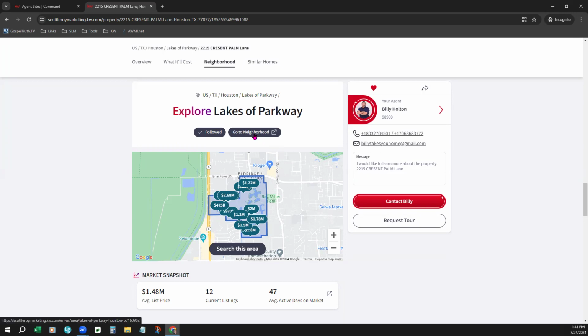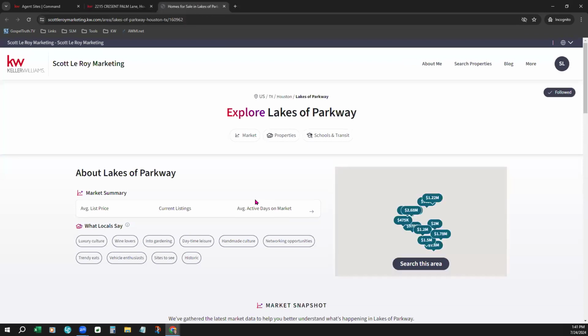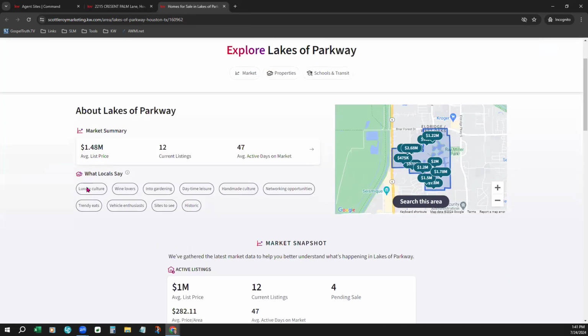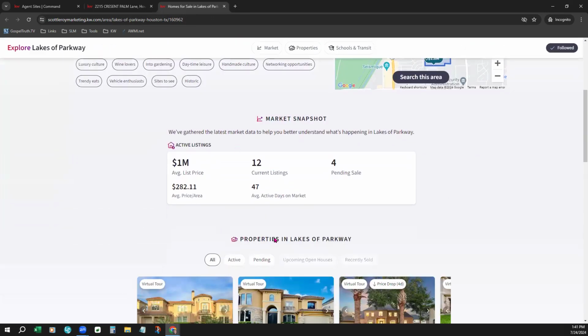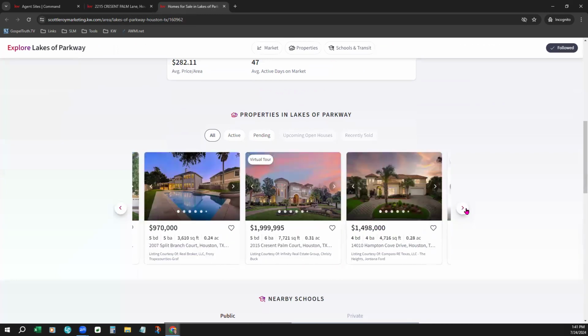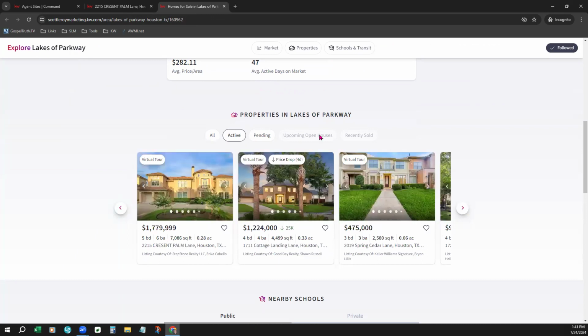But they can also choose to go to this neighborhood. I'm going to pop this out on a new tab so I can show you what this looks like. Again, this is available on the consumer mobile app, and it just gives them details about this neighborhood, what locals say about it. It gives them the active listings in the market snapshot, gives them current listings that they can sit here and thumb through. They even have some sort options to see active, any upcoming open houses. These are grayed out, so there may not be any upcoming open houses for this neighborhood, and also recently sold,